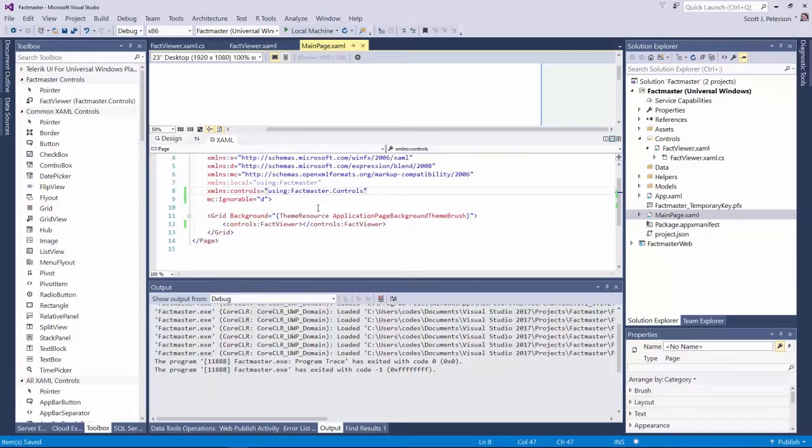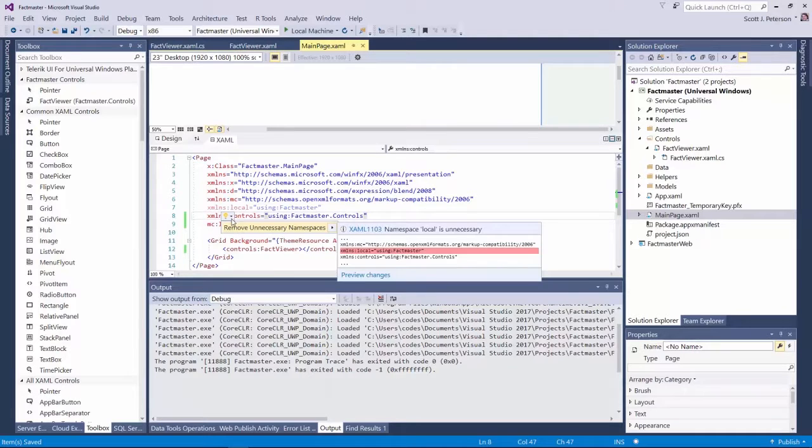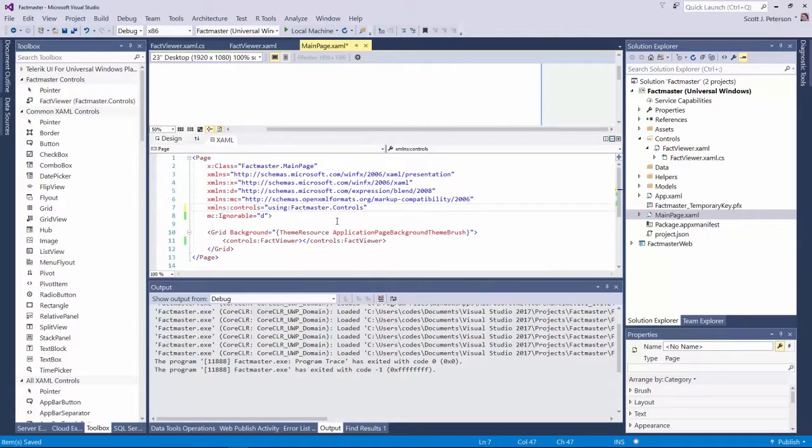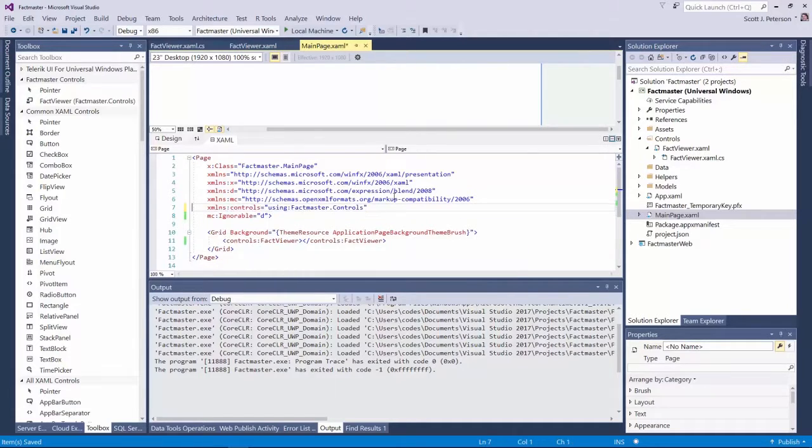The other thing that we can do here, just as we used to be able to do in 2015 with code behind, is I can say remove unnecessary namespaces. So I'll undo that, and you'll notice how that was dimmed out. That's a clue that it's an unnecessary, unused namespace. So I can just go ahead and remove that there. So that's pretty cool. Now if we run it,